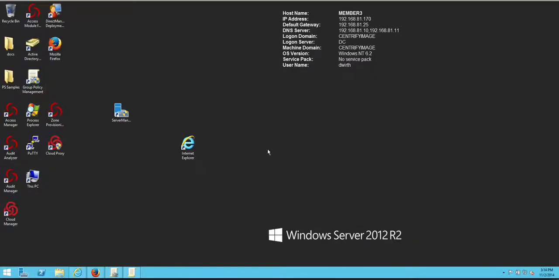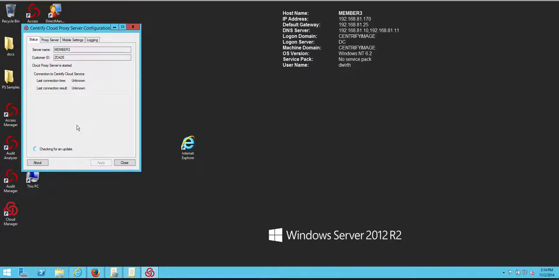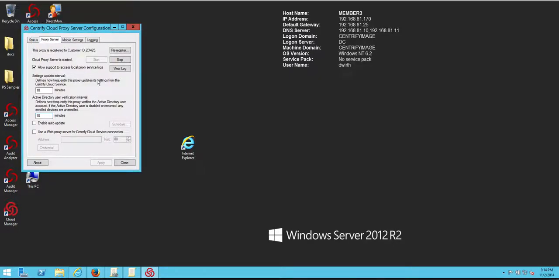The benefit of using Centrify is that it doesn't require you to have a replica of your corporate directory out on the cloud. This is more or less on demand, but the most important thing, which is the password, stays on premise, right? It's only token validation that we're doing here. And the cloud proxy is just a service, and it can be load balanced. So this is a quick view of the cloud proxy applet. Proxies should be highly available, and you can control when the policies are refreshed, auto update,